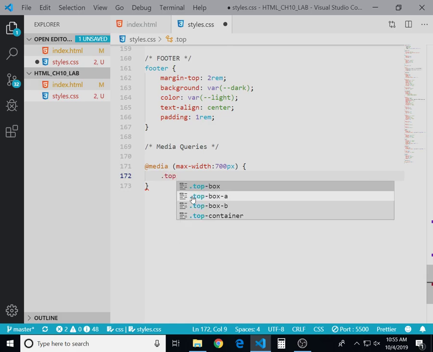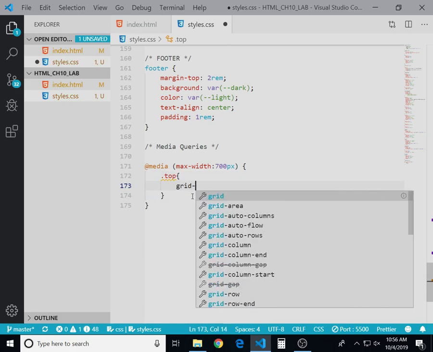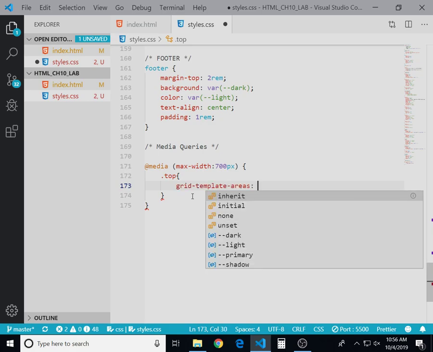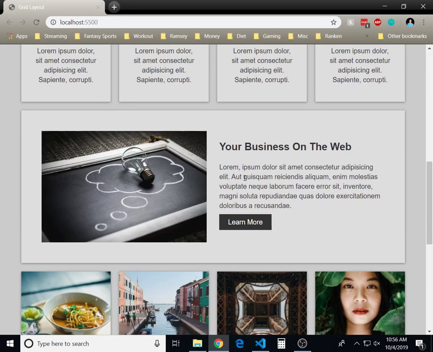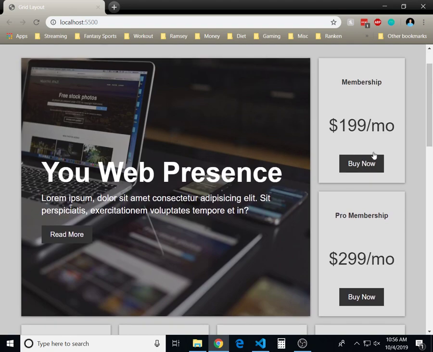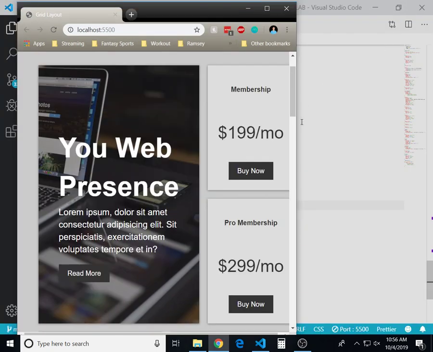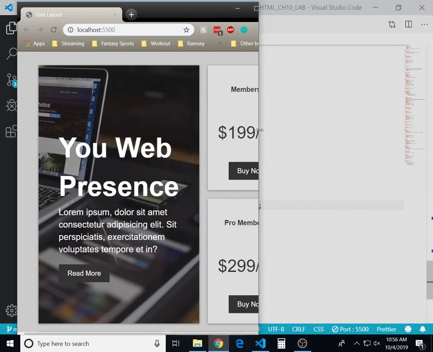One thing that we do is we're going to change our template areas when we get into a smaller width to a 2-column layout. So instead of 3-column like before, we're going to put the showcase on the top row. On the bottom row, we'll do our top box A, top box B. So here's our 3-column layout as before, and once we shrink to that point,